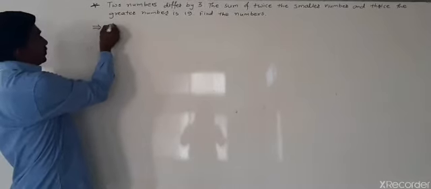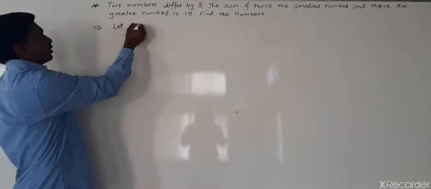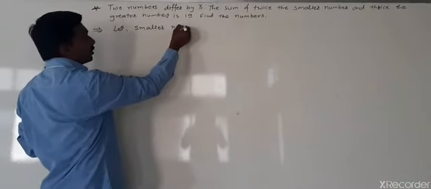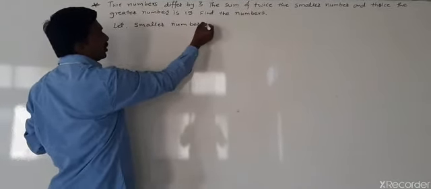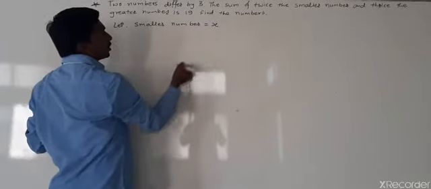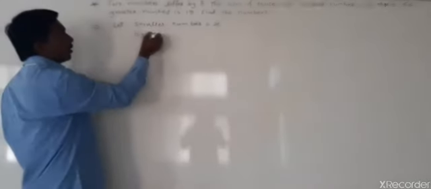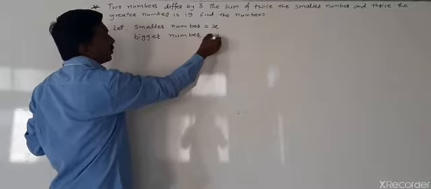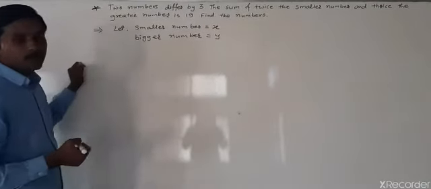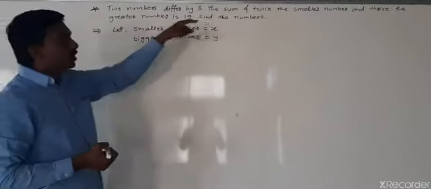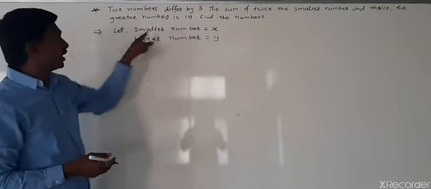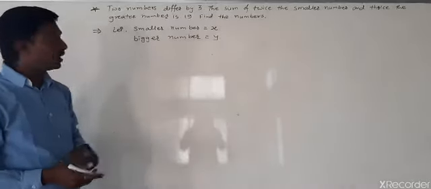assume that, let the smaller number be equal to x and the bigger number be equal to y. The information is given about the two numbers. One is smaller and another is bigger. So we consider that the smaller number is equal to x and the bigger number is equal to y. Now see, this is the first